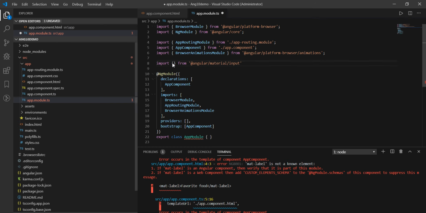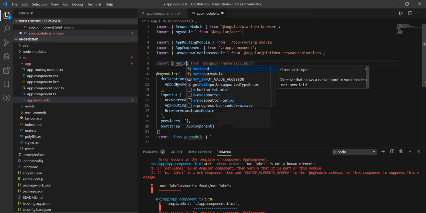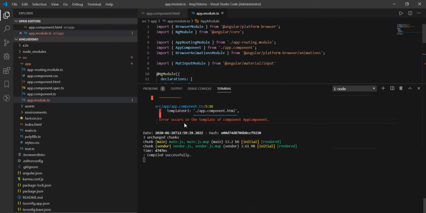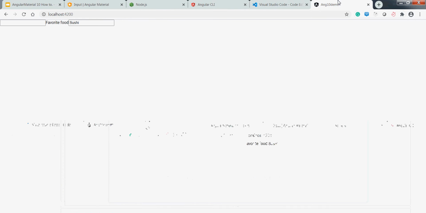Here we need to pass the MatInputModule. This needs to be imported into the imports section. Yeah, I pasted this. Now you can see that there is no error in our running command prompt. So I have saved the things. Now just go back to our project.